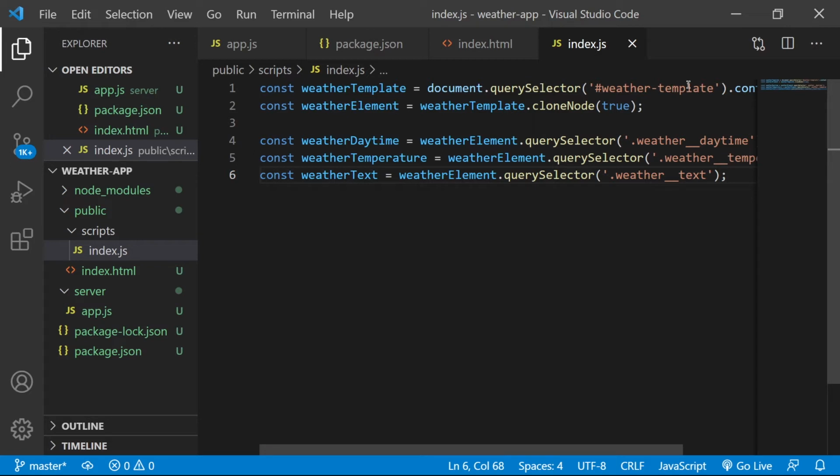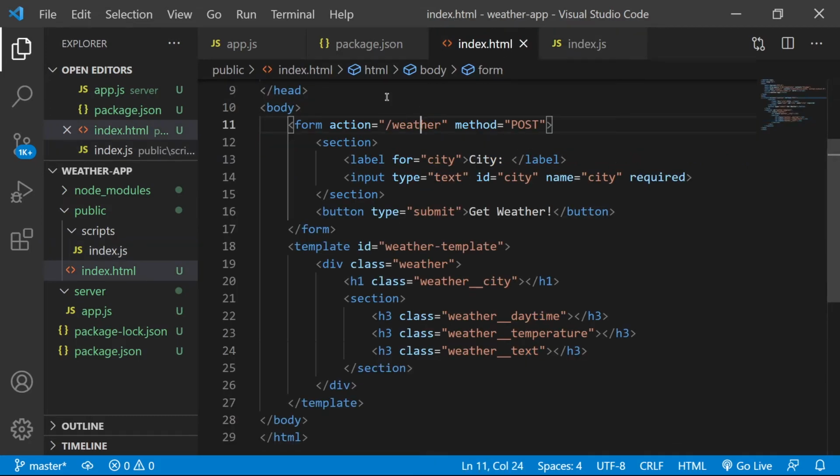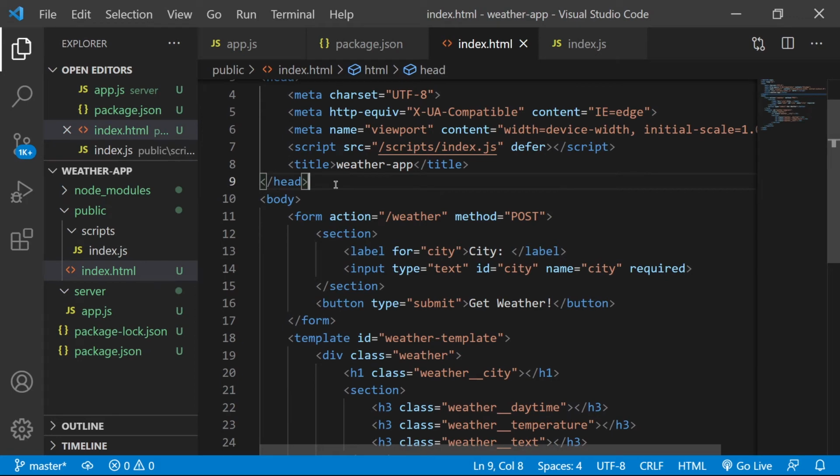Now let's figure out how we can get that information back so we can actually include it. Okay, so let's think about what we want to do here. In this case, we won't really be able to use the form anymore, right? Because we actually need to use these elements in the JavaScript. So here is where we might be able to use fetch. It's not going to become too much more complex, but let's break it down and see what we need to do.